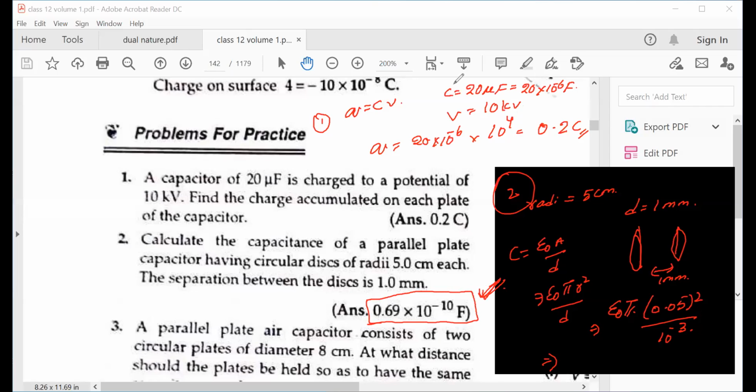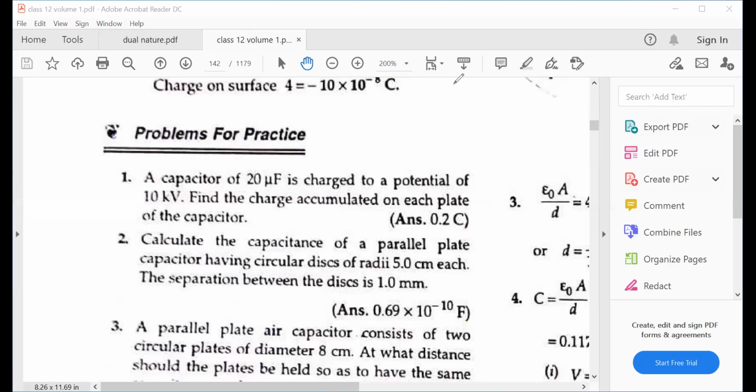So let's see the next one. You have already done this type of problem. So far we have seen only two types: one is the parallel plate capacitor, with formula C is equal to epsilon naught A divided by d, and the next is the isolated spherical capacitor, where C is equal to 4 pi epsilon naught R. So these are the two capacitors, and we have done a few problems related to these. Next, see the third type of capacitor. So make a heading: third type of capacitor. Let's see the relations.